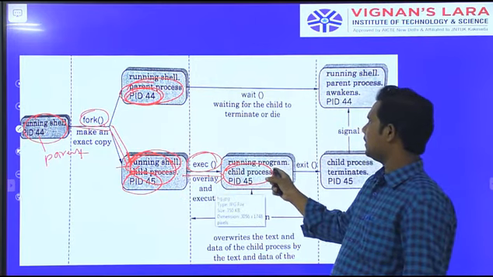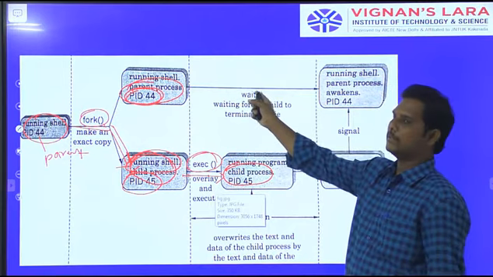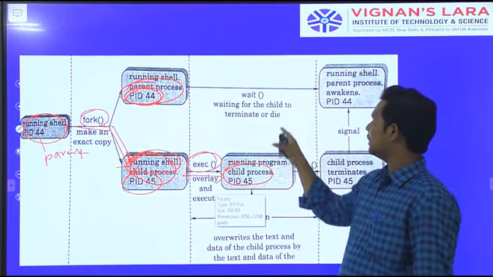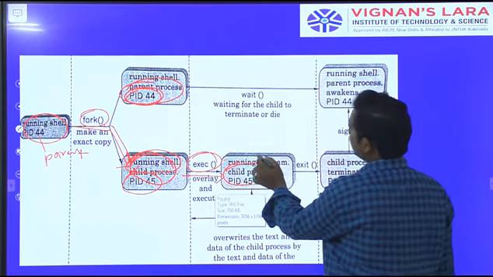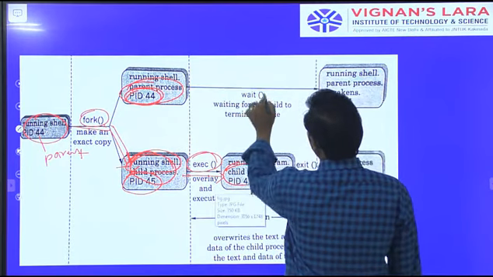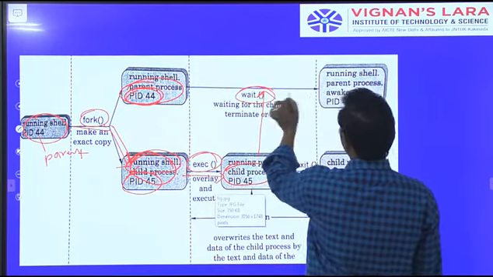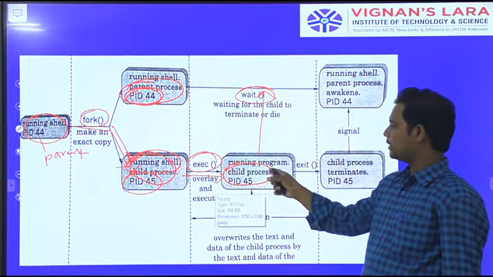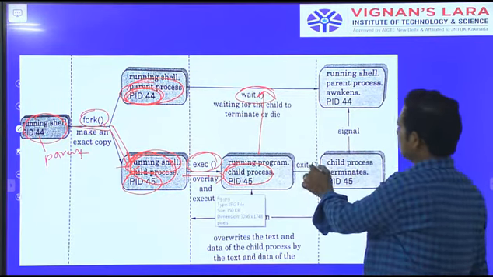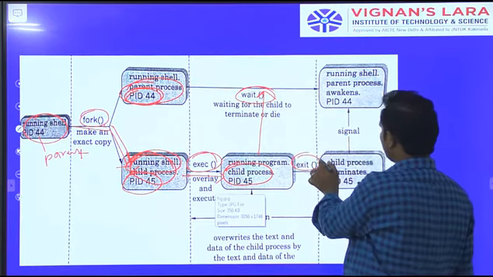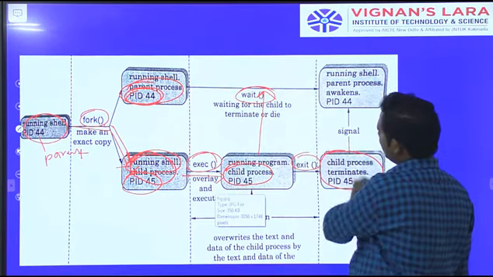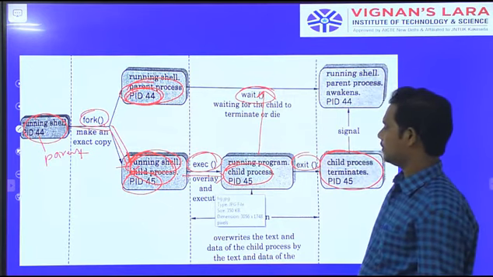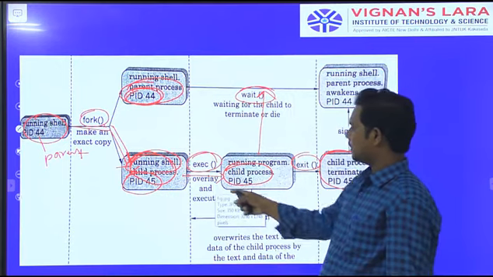At that time the parent is in the waiting state, because the child process is already running. After completion of the child process, we use the exit status, and automatically the parent will come out of waiting. So this is sometimes an overlap.